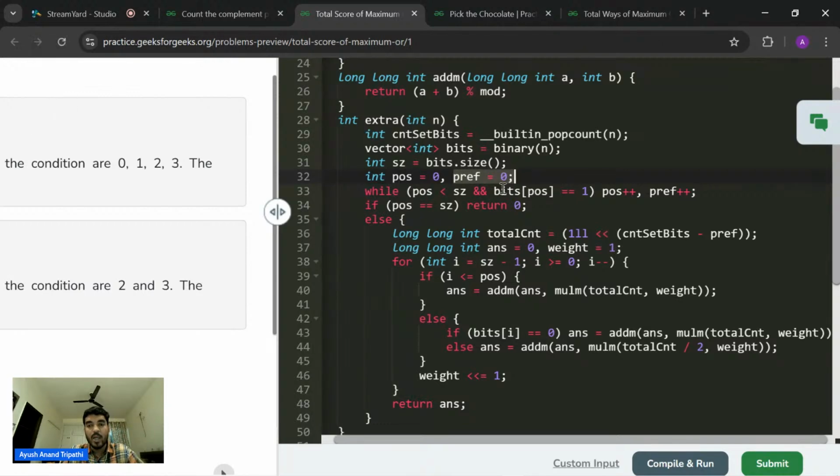Then while the bit is 1, I will increment the position and increment the prefix. Then this is the base case which I already told you in the second problem. If we do not have any bit 0, then all the possible values of x are less than or equal to n. So the value of extra sum would be 0. So return simply 0. Otherwise, this is my total count, which is 2 power count set bits minus prefix, and